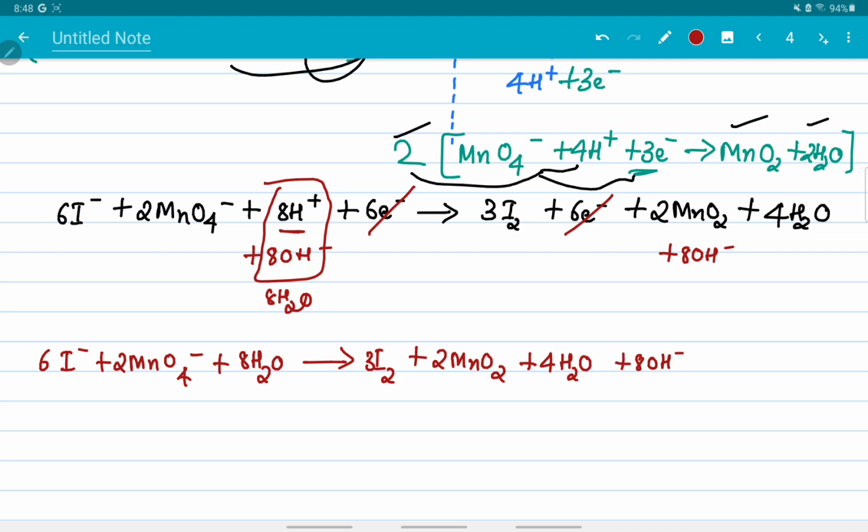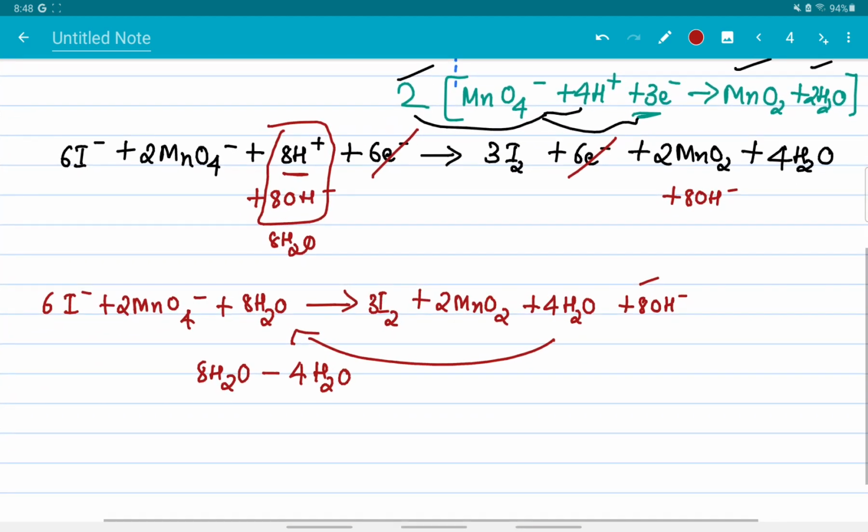Since there were no H plus ions on the right hand side, we couldn't combine these OH minus ions with H plus to make water, so this will remain as it is. Now if you see, there is H2O on both the sides. Similar to maths, we are going to bring this 4H2O to the left side and it will get subtracted. So on the left hand side it becomes 8H2O minus 4H2O. Just as in maths, when we bring a number from the right hand side to the left hand side, or from left to right, the minus sign comes.